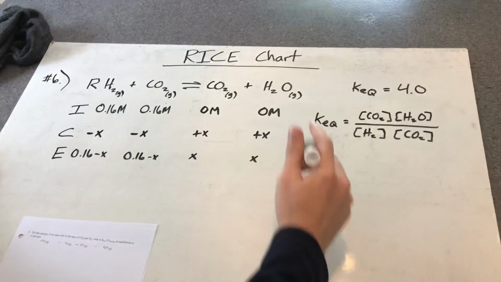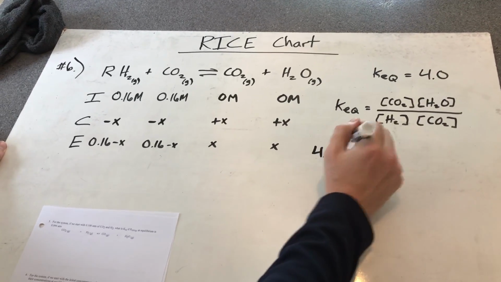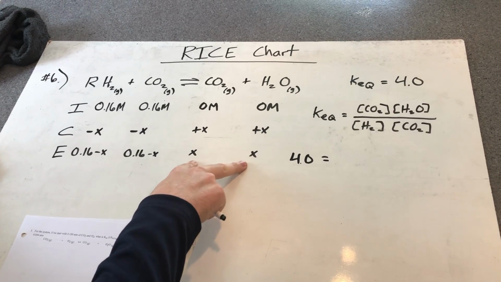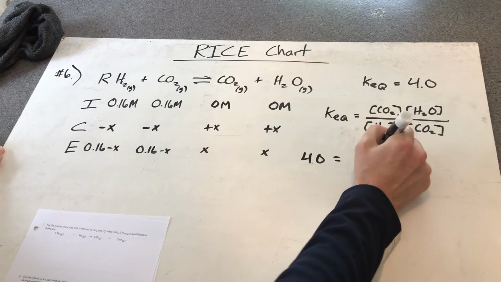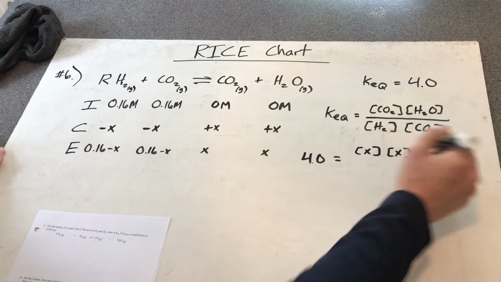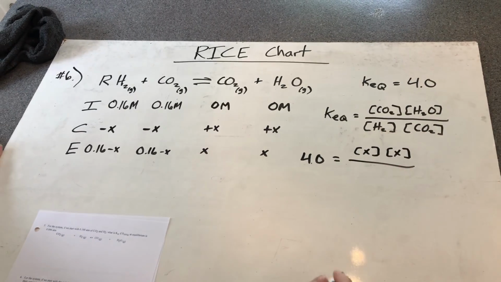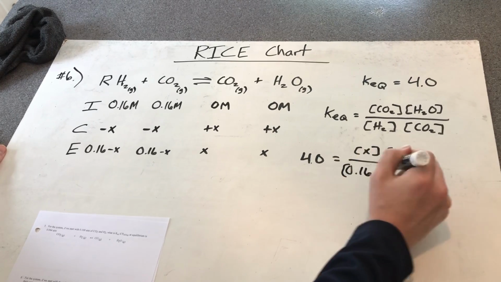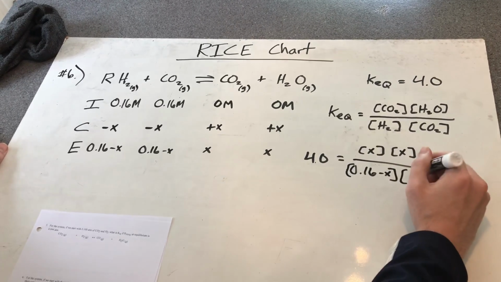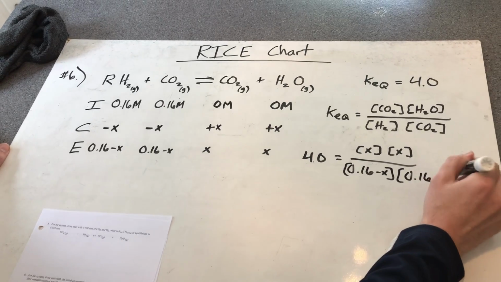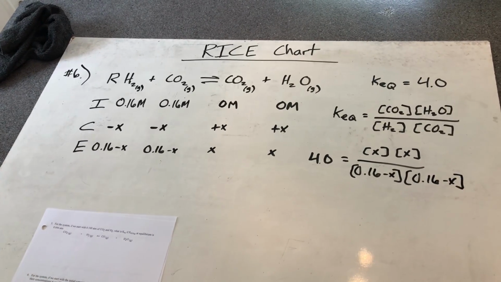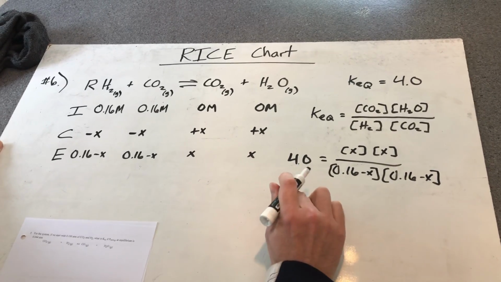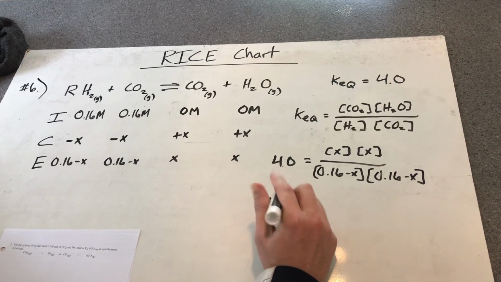So now that we have this set up, we can plug in actual values. Our KEQ value is 4.0, so we're going to do 4.0 is equal to, at equilibrium, both of these guys are equal to x. So we're going to do concentration of x to the first power times concentration of x to the first power, divided by the concentration of H2 is 0.16 minus x to the first power, and then 0.16 minus x also to the first power. Now we need to simplify this to help with the algebra. So we're going to do 4.0 is equal to x squared